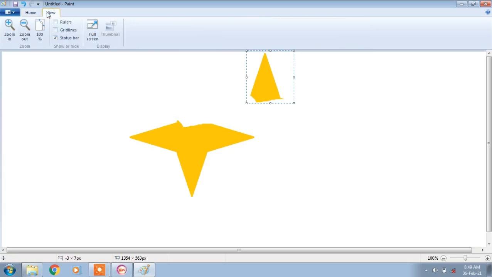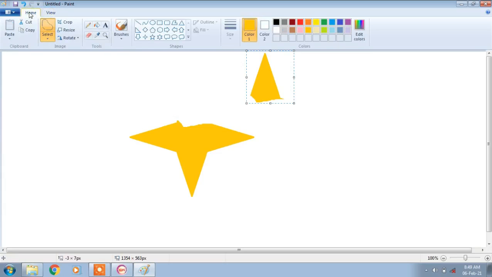The shortcut for undo is Control Z. Press Control Z, that is the undo button. I cannot see the undo button anywhere on a menu, so directly press Control Z. That portion will be replaced, refixed in that same original place.